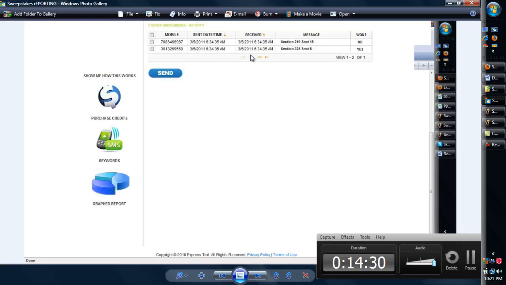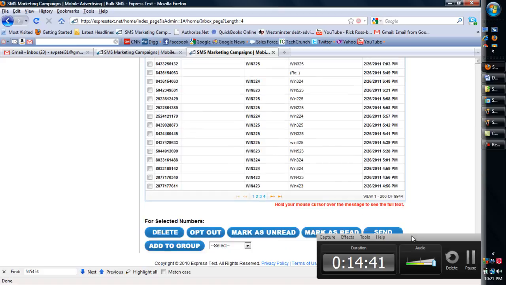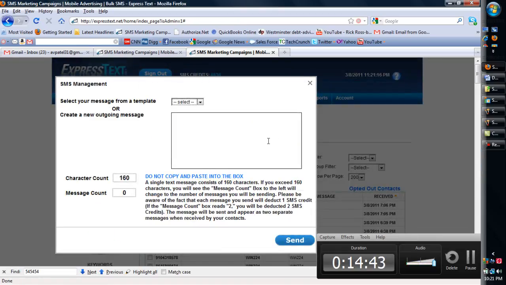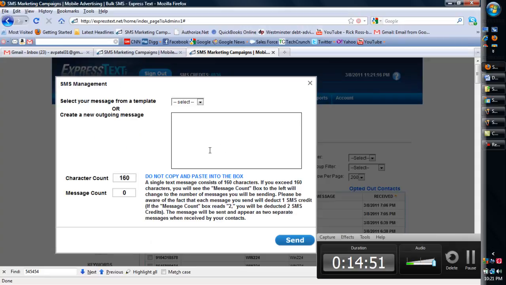So they decide just to randomly pick somebody, so they could select this, click send, and then this pop-up will appear where you can send them an individual message, this message, so they can send that individual number a message by clicking this, click send, and this pop-up will appear, so they can type